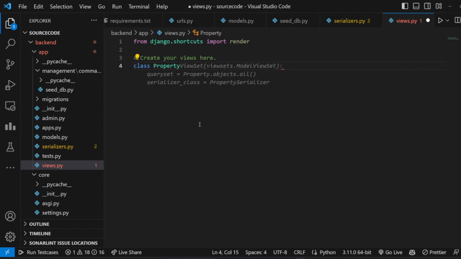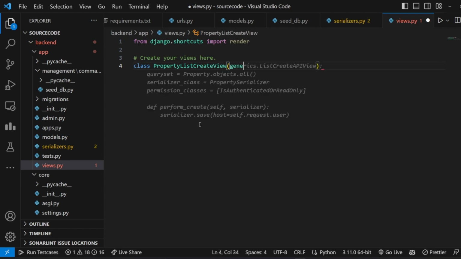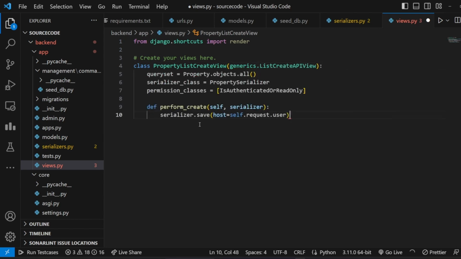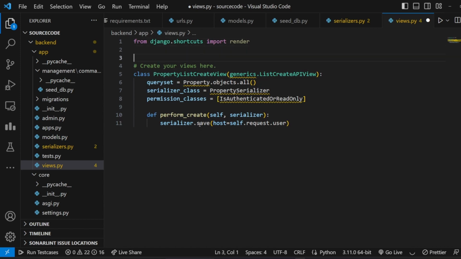Property list create view, and it should be coming from generics dot ListCreateView, and the queryset is looking fine. Let's import it